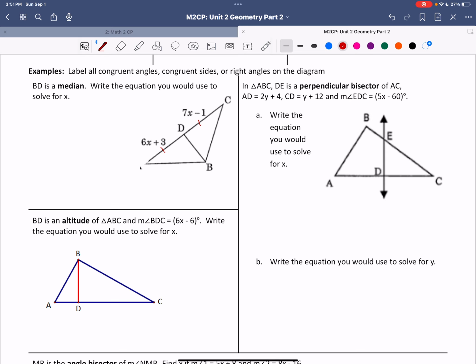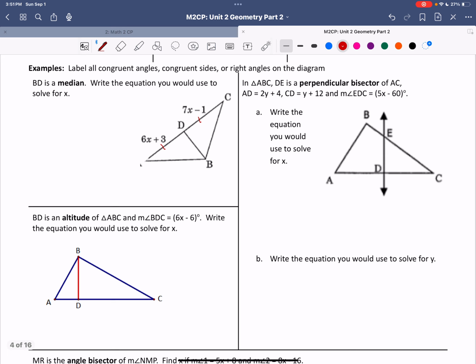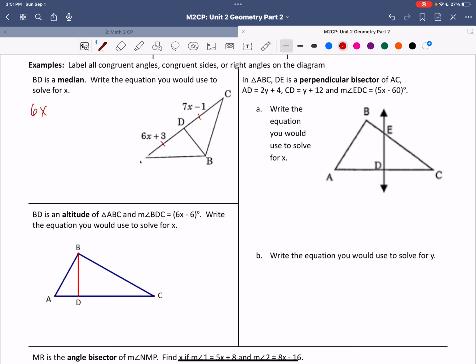So you're going to set this up as 6x plus 3 equals 7x minus 1. Because remember, median is the middle point, so these two are equal in length. All right, so go ahead, solve, and you should subtract 6x, add 1,